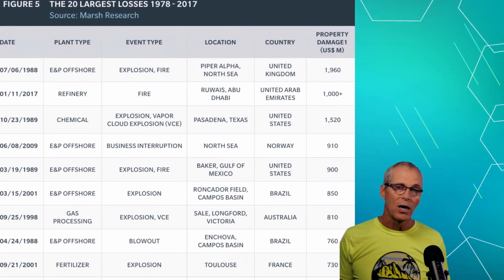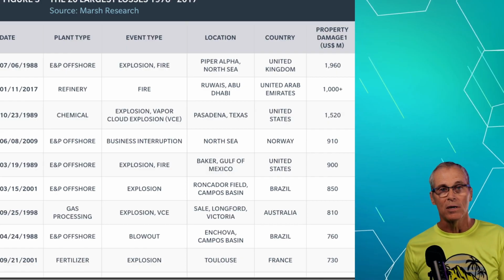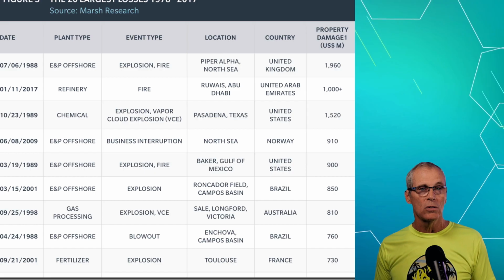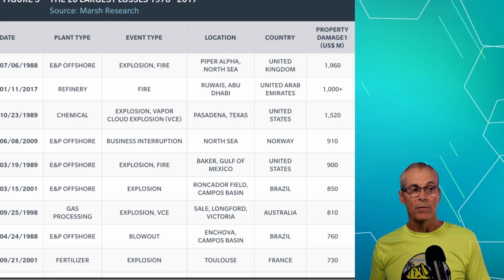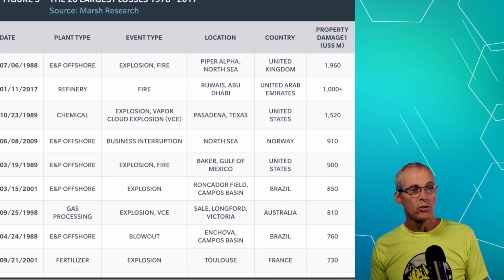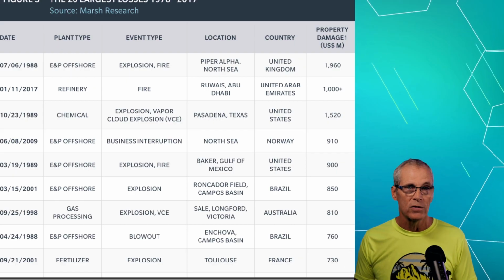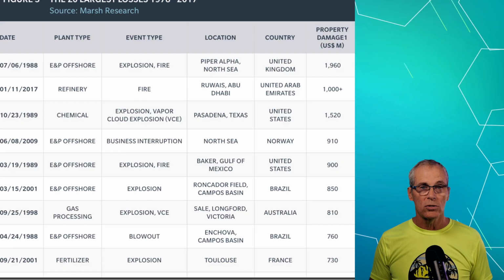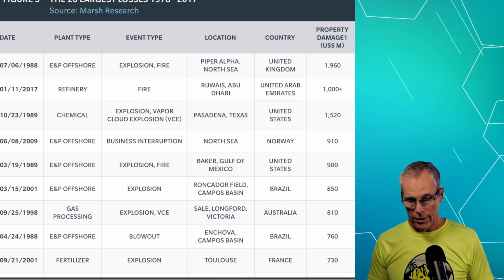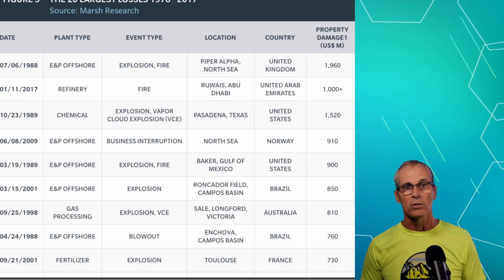Now, this is a list that is kept up by Marsh. They do an awesome job at tracking large losses in many industries. You can see most of these in the one Piper Alpha that we already described in the beginning, $1.96 billion. And you can see that it drops off down into the hundreds of millions there before we get off this page. They have a study of the top 100 large losses, and the study drops down into much smaller losses.